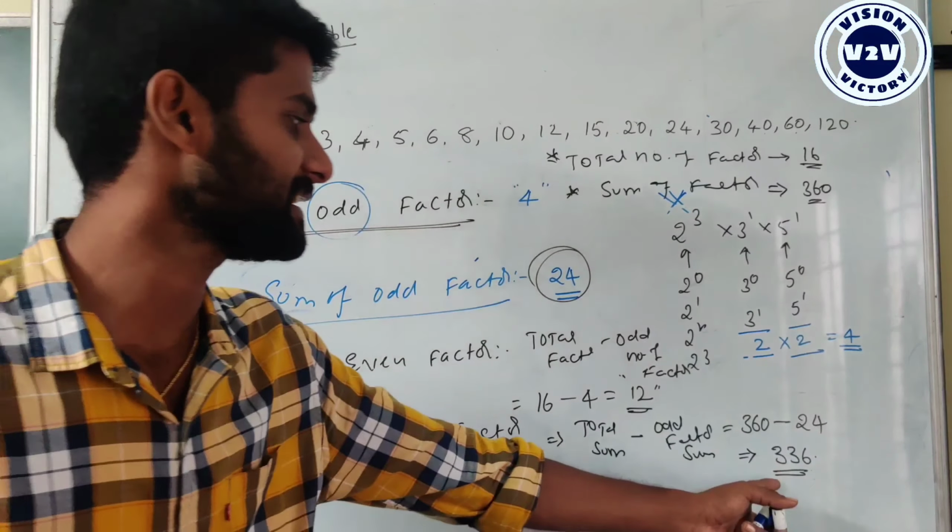Let's see the 13th question. Number of factors which is divisible by 5. In this question, how many factors are divisible by 5? If you go with the manual method, the multiples are 5, 10, 15, 20, 30, 40, 60, 120. The total number of 5 divisibles are 8 numbers. But it is difficult, because we know the numbers, that's why we can calculate it easily. We get the answer 8.